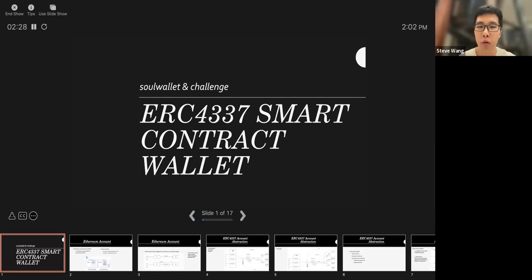But today we are very honored to invite SoulWallet over to talk about ERC4337 and their product. SoulWallet is one of the biggest smart contract wallets. The main difference from a traditional externally owned account wallet like MetaMask is that it has lots of rich features, including multi-factor authentication, social recovery, and gasless payment, you name it. SoulWallet is also a recipient of the ERC4337 grant. So how about we hand it to Wei for a quick introduction and get us started.